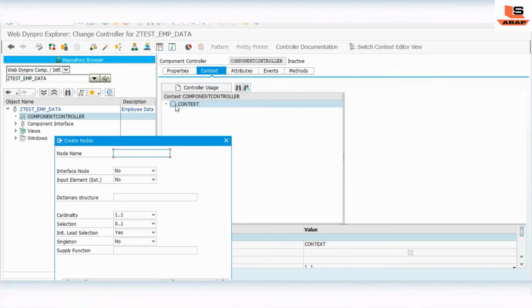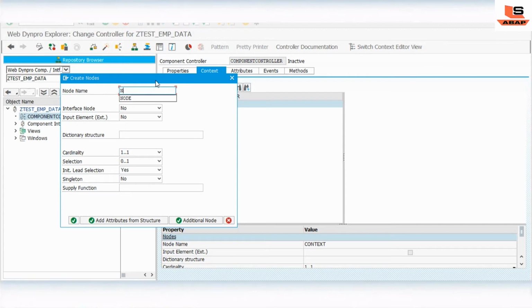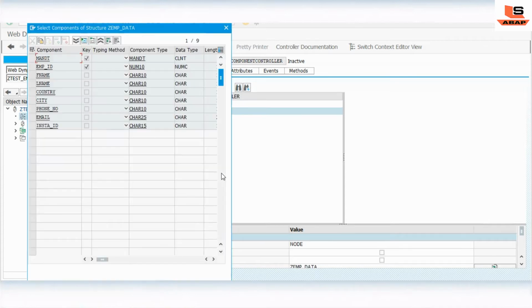We'll give the name as node, and cardinality we will select as 0 to n, because our table will contain multiple records. In dictionary structure, we'll give the name of the table from which we are going to take the data. Click on add attributes from the structure, and here we'll select all the fields except the mandate field, and click on OK.